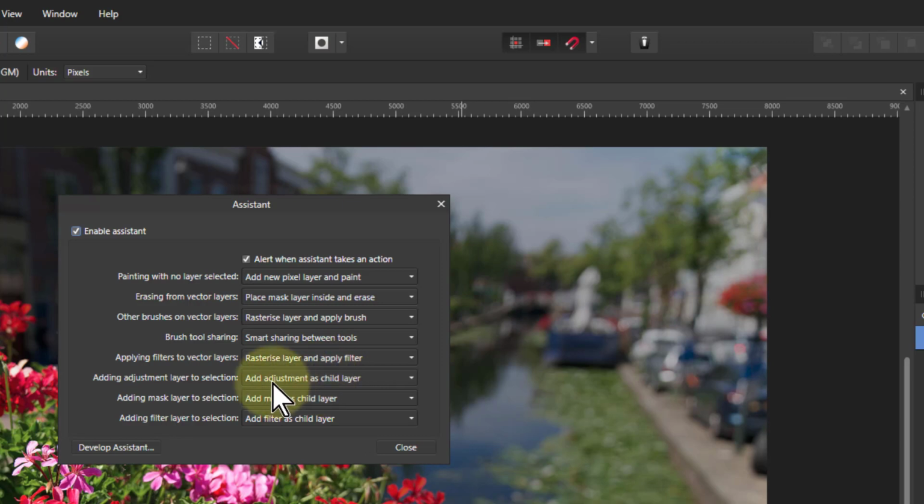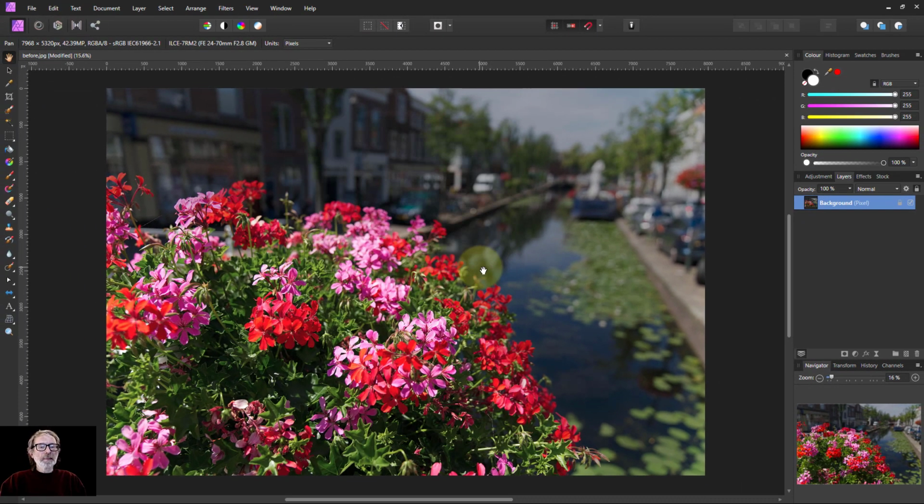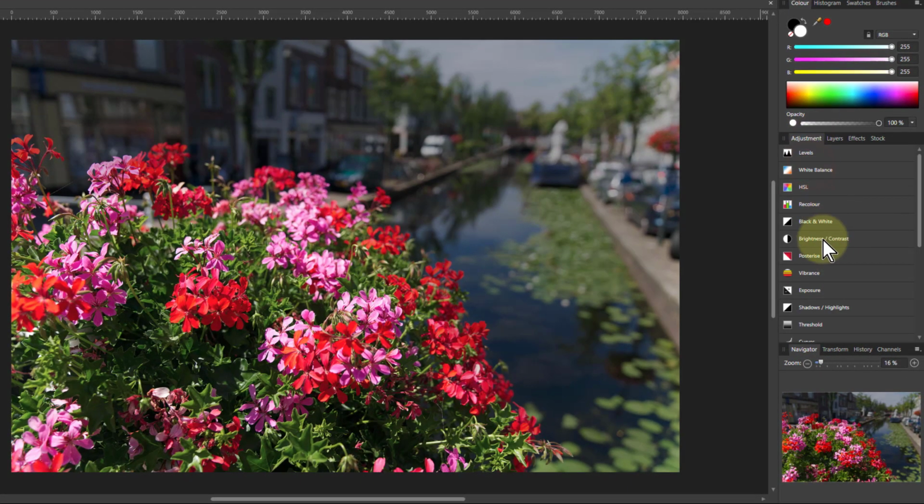And so where it says here, adding adjustment layer to selection, change this to add adjustment as new layer. And then similarly at the bottom, adding filter layer to selection, change this to adding filter as new layer, and then close. Right then. Now what we're going to do, we're going to start off with the adjustments tab here,